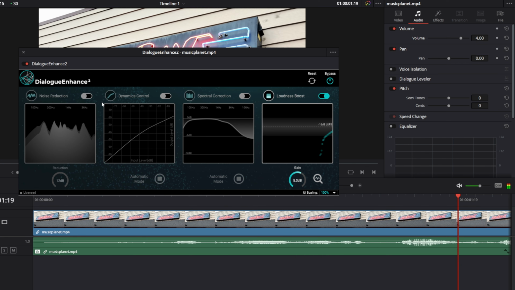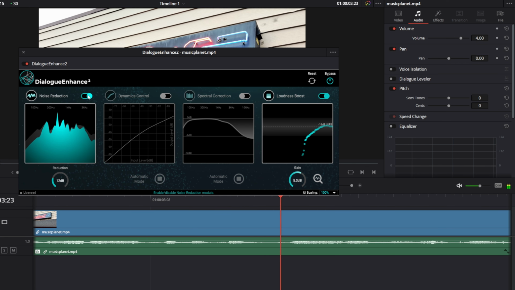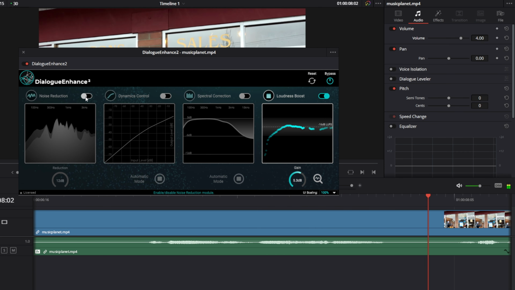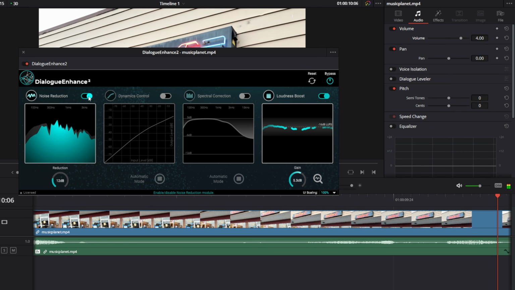Thank you, Music Planet in Campbell River, for your assistance. So if you're looking for any musical instruments or tools for your audio, check out Music Planet in Campbell River